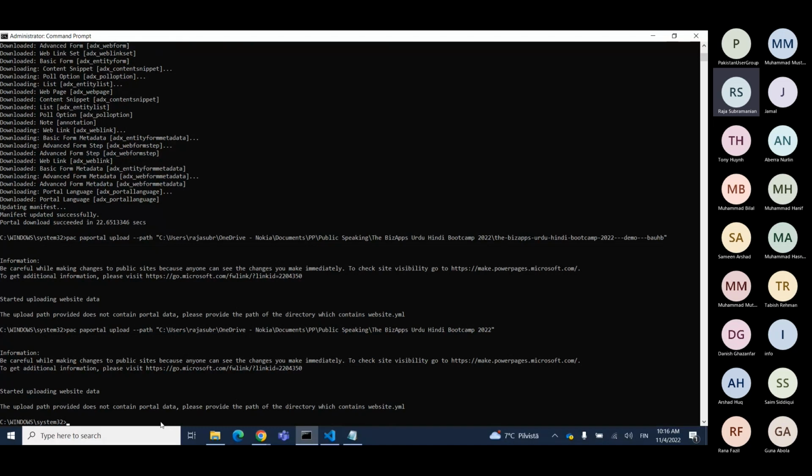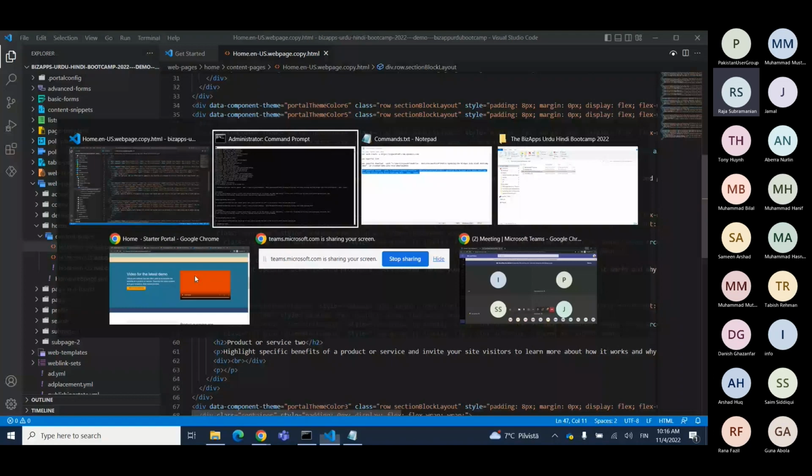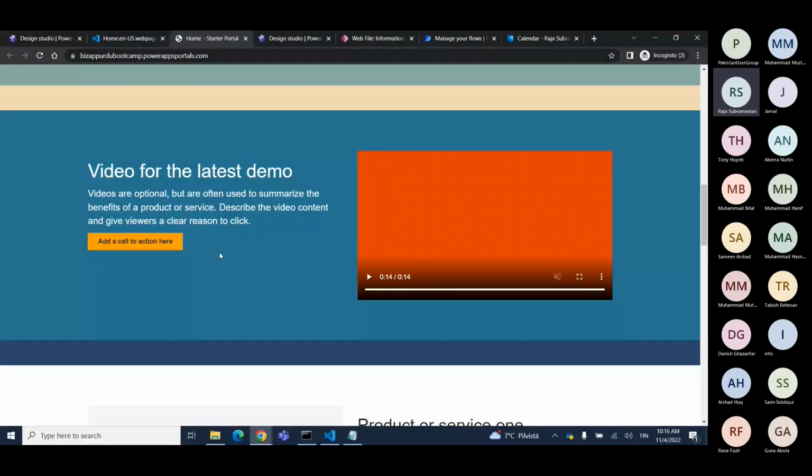Okay, I think the portal does not contain the portal data. But I think there is some issue with this upload path. But you can upload the file back, and then you can just see the updated contents here. So this is another way of updating, beautifying your